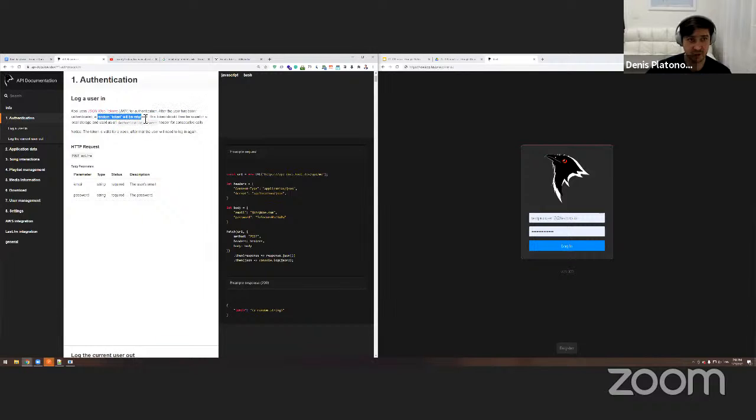A random token will be returned. So if your status code is 200 and token is returned, you will authorize, right? So those two are your expected results.